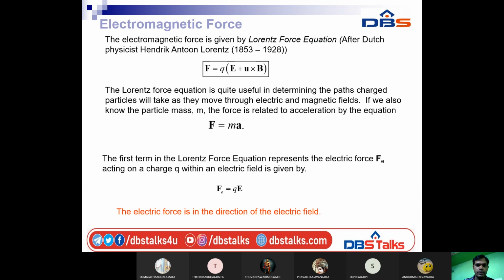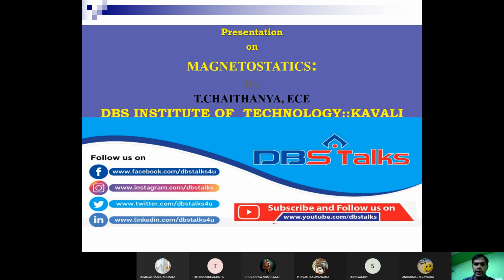So still we have studied about electrostatics and electric field. Now we discover magnetostatics. Under this we will see the process of finding the magnetic force, the definition of Ampere circuital law and definition of Biot-Savart law, the application of Biot-Savart law, and the application of Ampere circuital law in this unit.